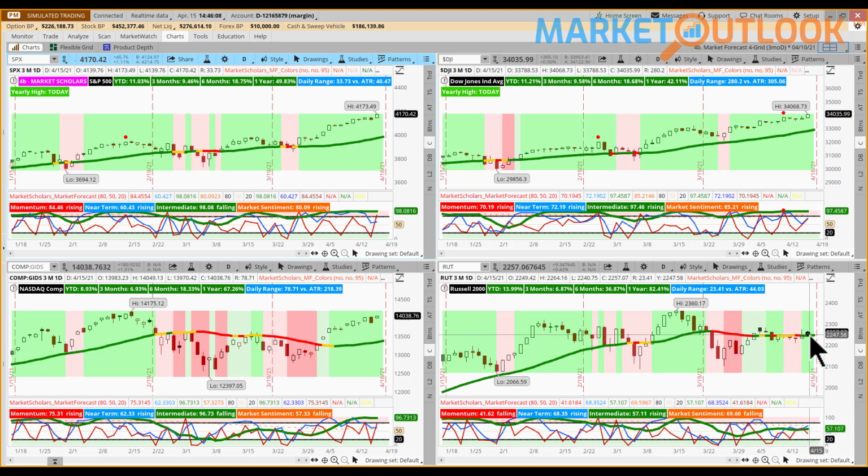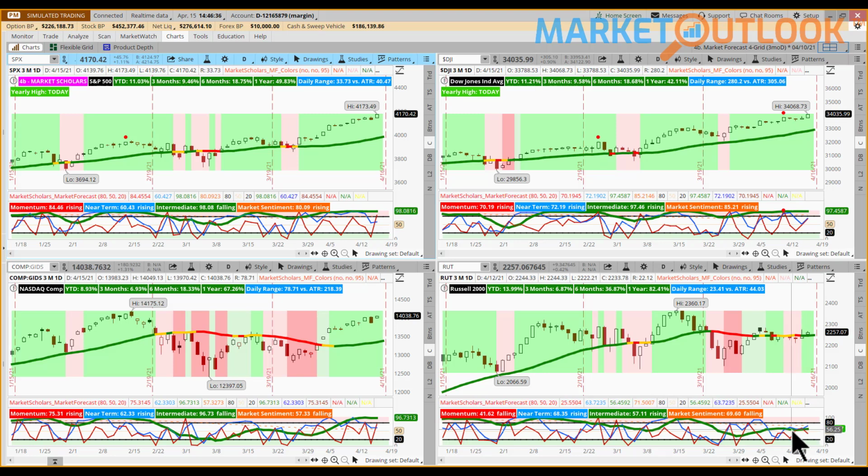But the last 2 days have actually been reasonably strong days for the Russell 2000. Now, in comparison to some of the other indices, maybe not quite as strong as those, but at least it stopped that 3-day spillover right there. And now we're trading back above that rising moving average once again on the Russell 2000. And that move was enough to kind of turn that green line on the market forecast and tilt it back higher. Again, that's kind of hard for you to see here because it kind of looks flat in all likelihood